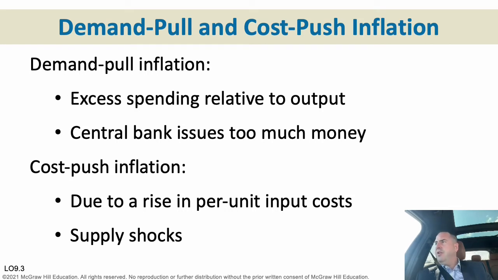This is why you see people paying above MSRP for vehicles, at least as of this recording, because of that combination of factors. As a result, the economy's supply of goods and services declines and the price level rises. Supply shocks have been the major source of cost-push inflation. So certainly we're in a supply shock era.